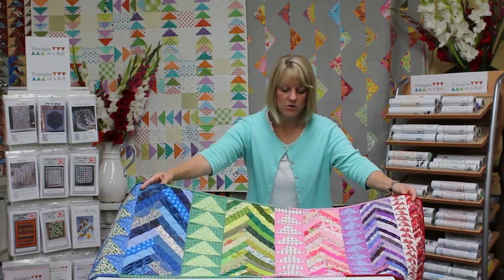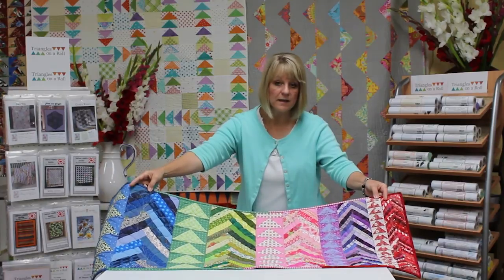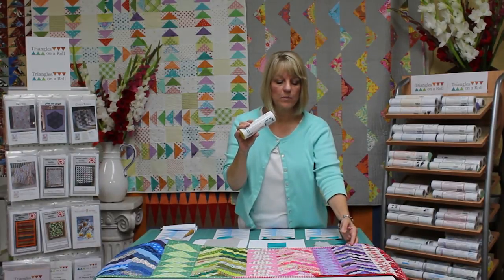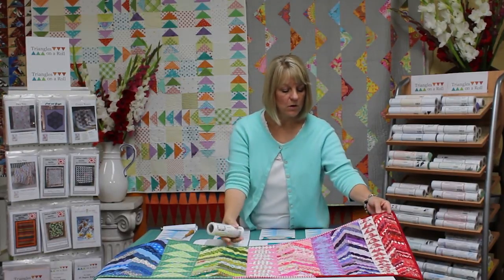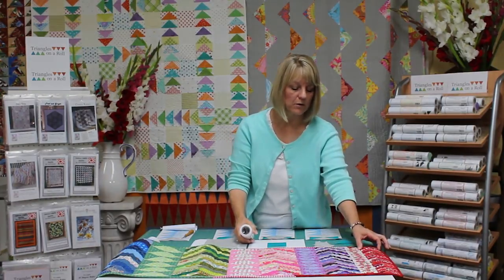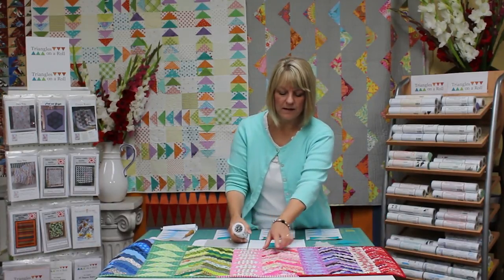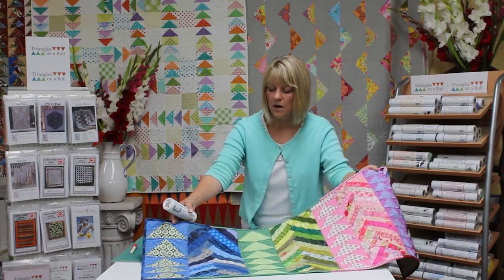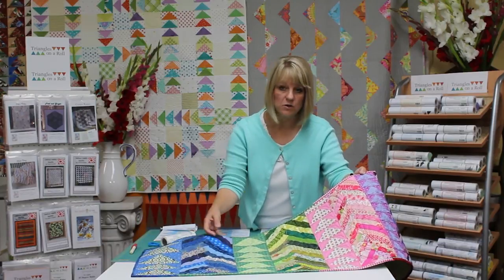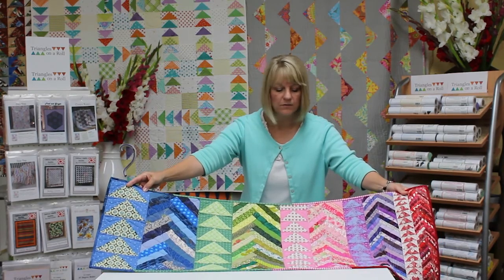Another thing I wanted to mention to you, I've made a little sample here of the different sizes that we have for flying geese and braid. Each roll will make either a flying geese or a braid depending on the size. So, for example, we can make a 1x2 flying geese that'll also make a 3.25 braid. And then it goes up, we have 2x4 flying geese that makes a 6-inch braid, goes all the way up to, you can make a 3x6 flying geese here that you can also make an 8-inch braid on the same paper. So we do have the different sizes available that you can get from Triangles on a Roll or here